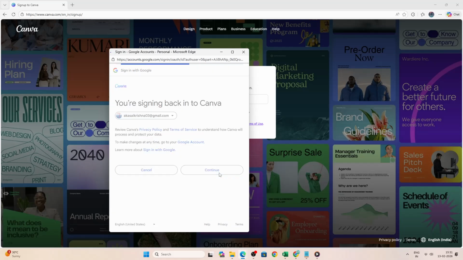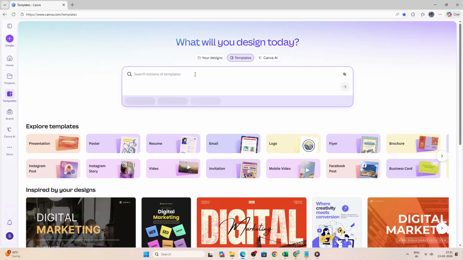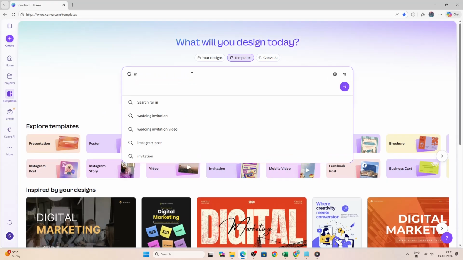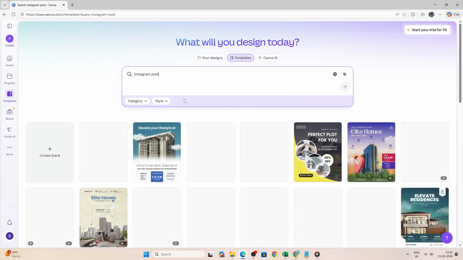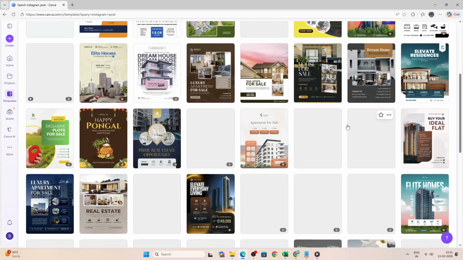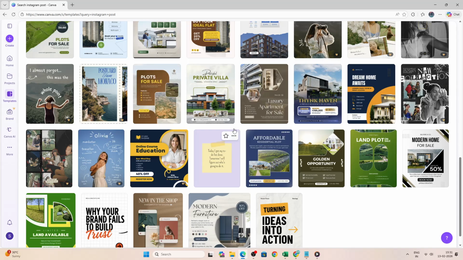Once you are in, it's time to pick a starting point. At the top, use the search bar to find what you need, maybe an Instagram post, a presentation, or a resume. Canva offers thousands of templates, and many are completely free to use. To make sure you are staying on the free plan, choose designs and elements that do not show a little crown icon. That crown marks pro